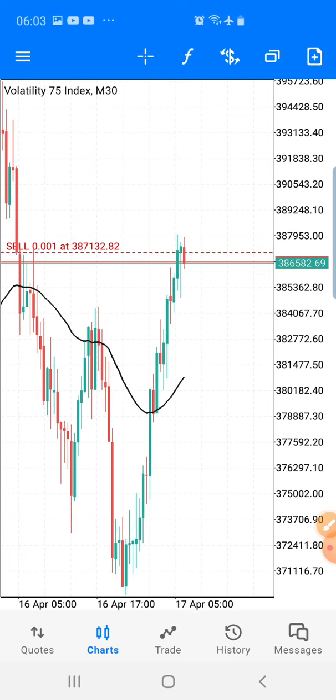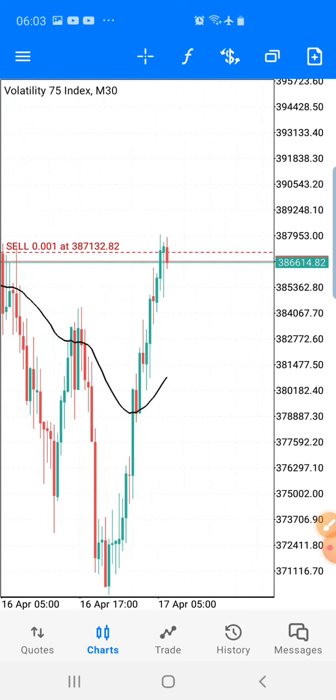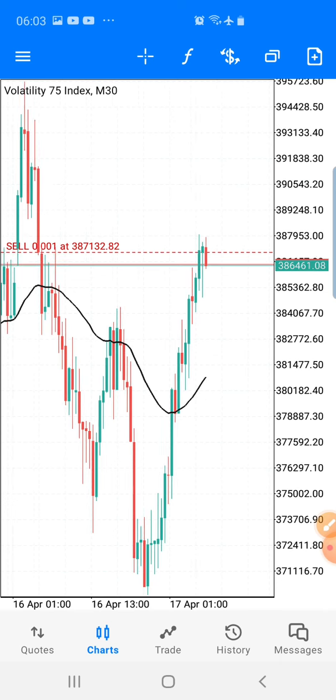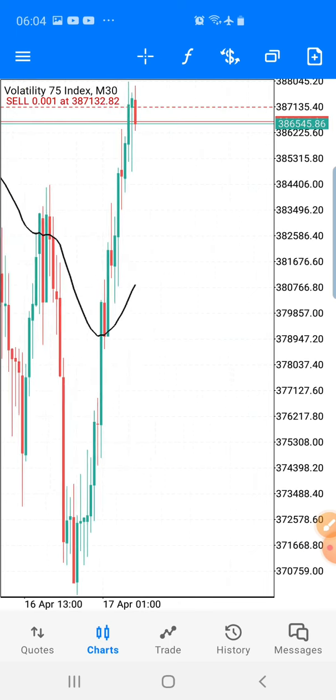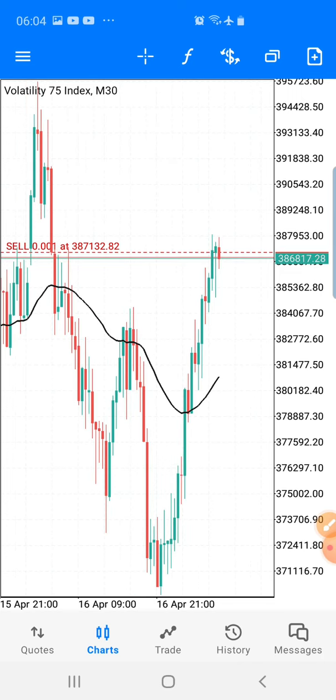One of the reasons why I'm using VIX75 is that it's highly volatile, and if you are trading with small accounts, you are likely going to blow your account even though your speculation is right, maybe you are speculating that the price will drop to the downside. You can make an entry, the price will drop, but you still blow your account because of some pullbacks that will happen before the movement. So that's why it's very important to understand entry and know the perfect place to enter